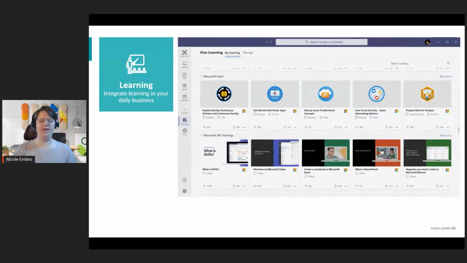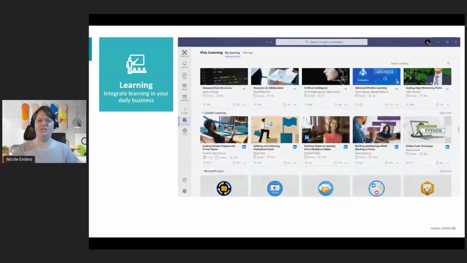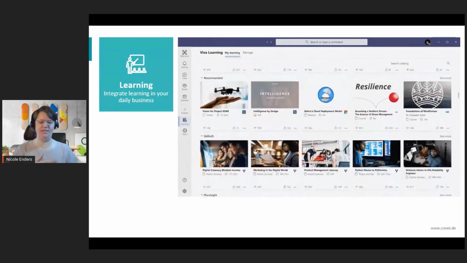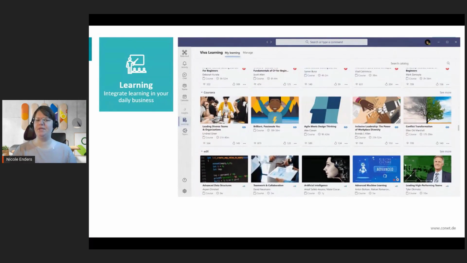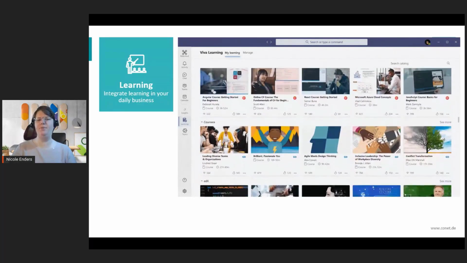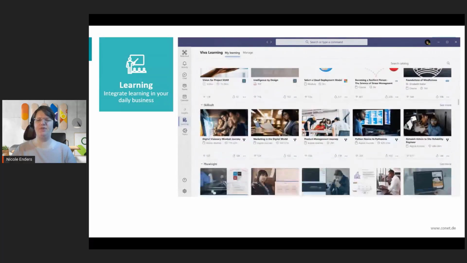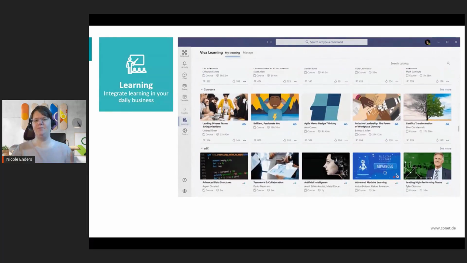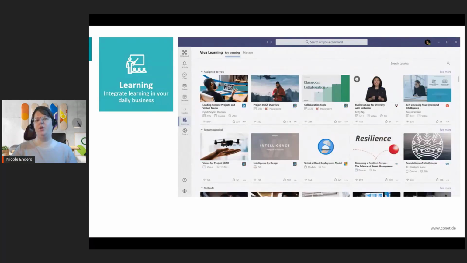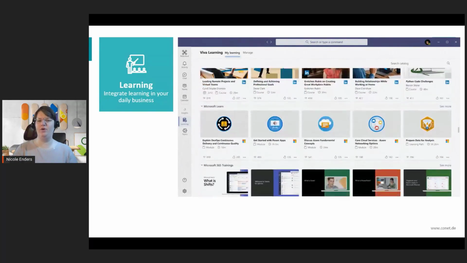So say, okay, Nicole gets this learning plan. She needs to have some more experience in these 3 different topics. And then I get the information: your manager assigned a new learning plan to you. Please do this. And as I'm going through the different modules, my manager sees that I'm working on this.